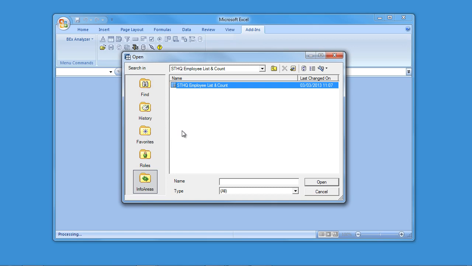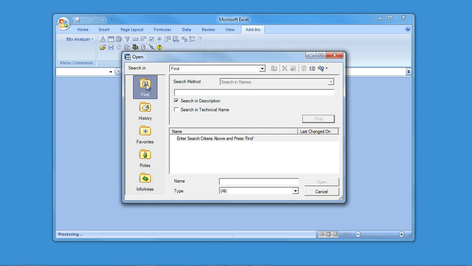Oh, but just before I do that, there's one more option I need to explain to you. The find option up here. Now, because as you've just seen here, there are many reports, many folders within a BW system. And it can be very confusing trying to find reports that you'd like to use. So, as with most tools, SAP have built in a find function for your queries, views, and workbooks. So all you need to do is click on find, and you will get this search box where you can just key in whatever text you want, and it will bring back a whole bunch of results, and you can pick from the results. So for example, if I just choose